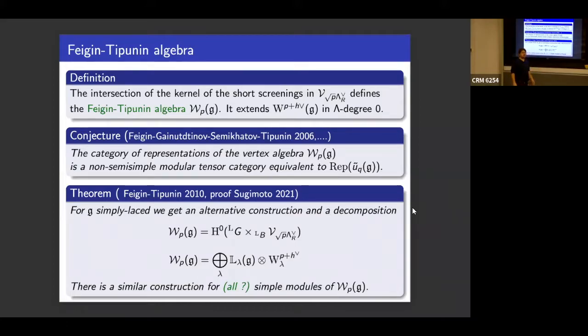So for the triplet, we know that because Adamović and Milas constructed the dual algebra sort of by hand. You do this until you're finished, and you find enough relations, which is hard work. You find enough relations in the dual algebra until there are only so many modules, and you know you have all these modules. So I think it's a very different type of argument. I'm not sure if we can find an argument like this here, but maybe we can.